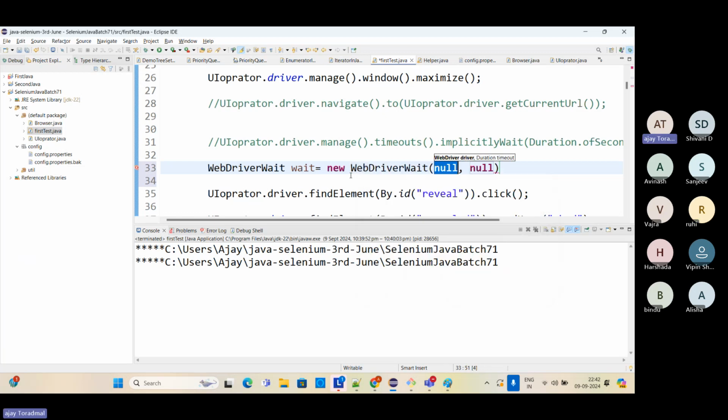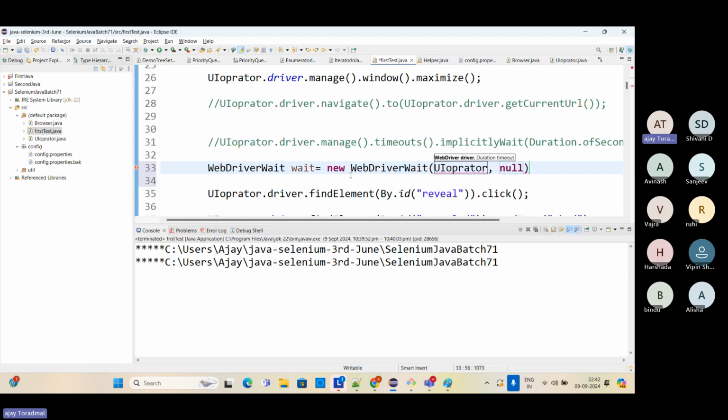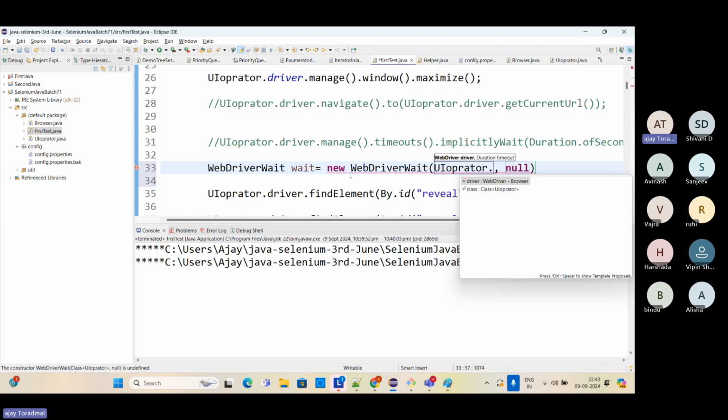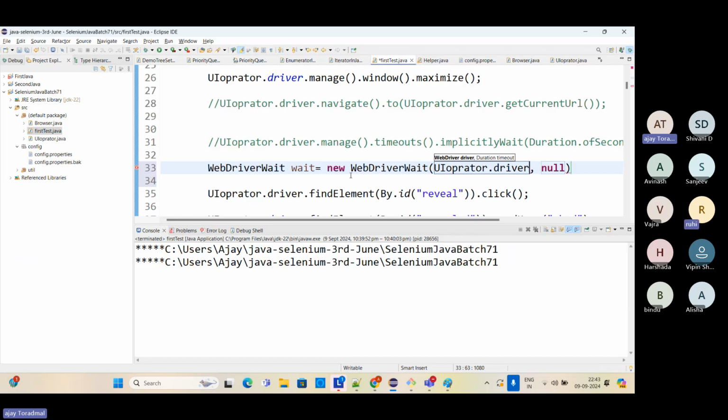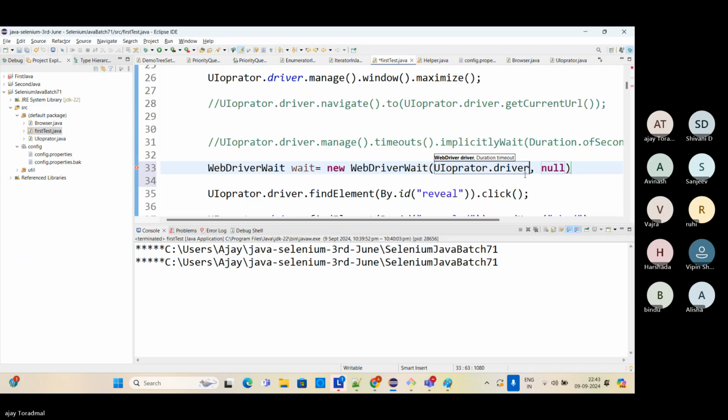WebDriver, right? For that first parameter, you have to pass the driver. So I'm passing here, our driver is located where? It's located in UI operator. So I'm saying UI operator dot driver. Everyone got why I'm saying UI operator dot driver? Because the driver instance I'm working on is located inside this UI